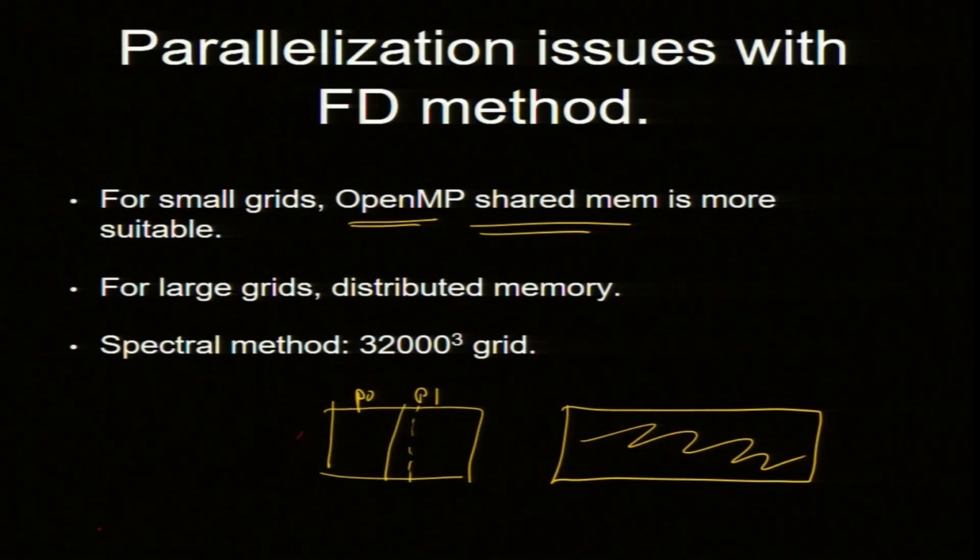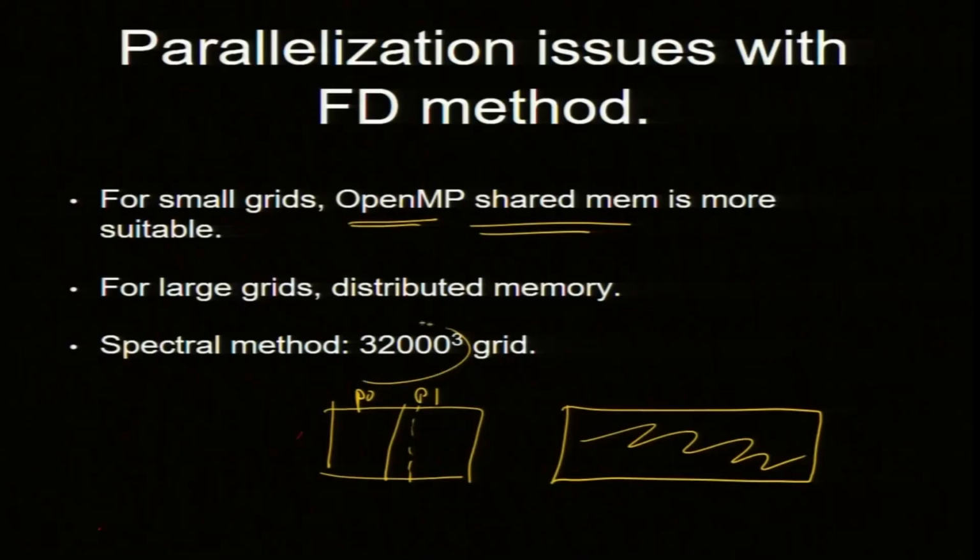The code rewrite is very small compared to the sequential code, and it is convenient. However, in one node you can put maybe terabytes of data, but sometimes we have a really big data set. Right now the highest record for fluid simulation is 32,000 cubed. It is very big, and that will not fit in a single node. So, we do need to go to distributed systems.